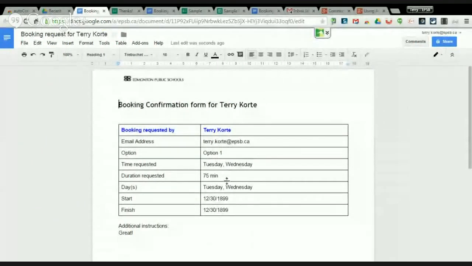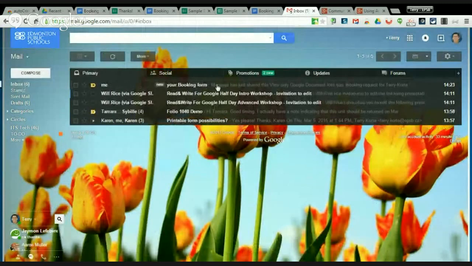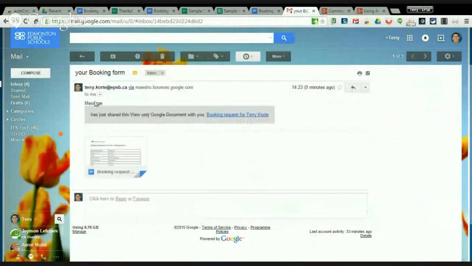It's building this document. And it also sends me an email, not the creator of it, but in this case it's probably under notifications. There's my booking form. So the person who submits the form is actually going to get a message, right? Whatever you said the message was going to be, and a link to that form. And this could be a PDF as well. Okay, so just a quick